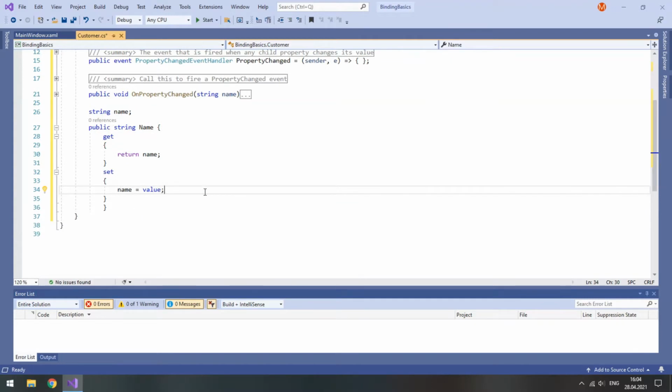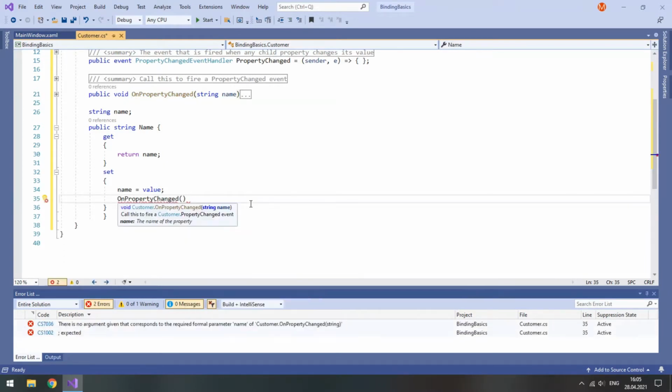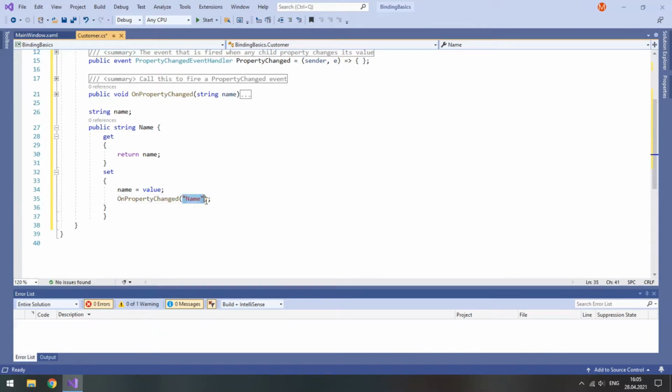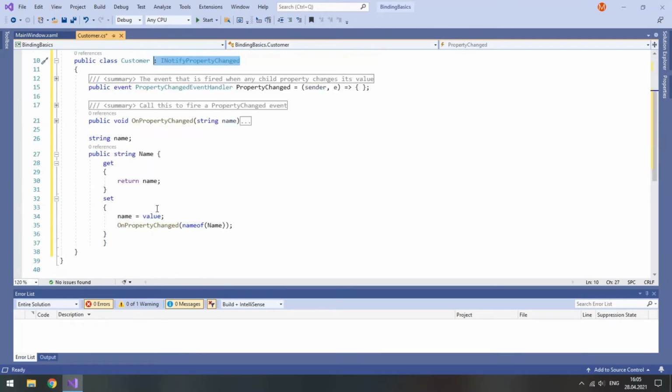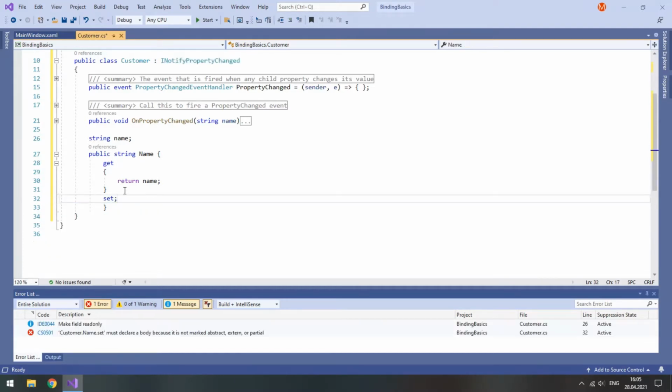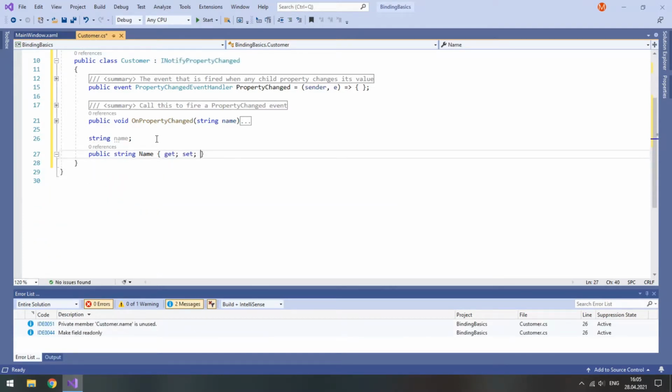And when you set it, you would also need to notify that this property is changed by calling this method like this. So OnPropertyChanged, and here you type the name of your property, either like this, or a bit smarter, using nameof and the property name. And PropertyChanged.Fody automatically does it all if you derive from INotifyPropertyChanged. So you no longer need to type any of this, you can just leave them empty and reduce it all to one line.